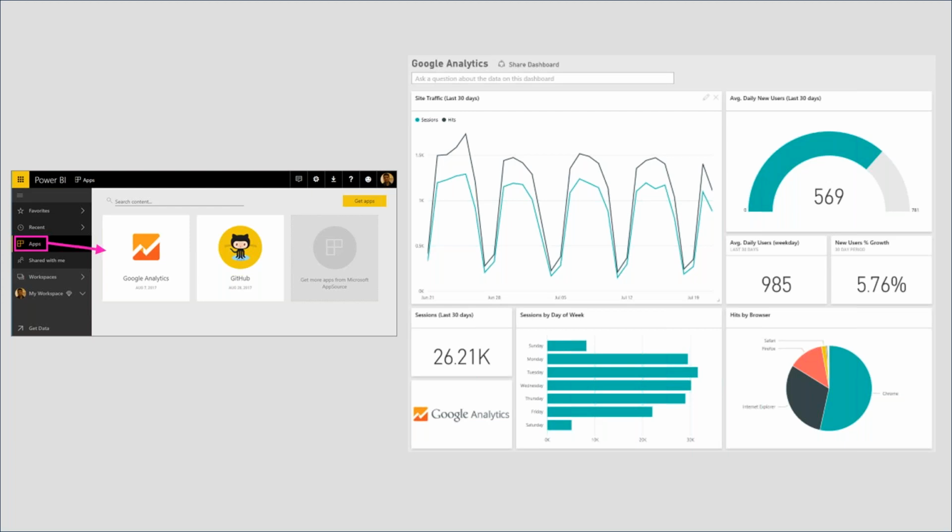New daily users, some of those other pieces, but think of these as jumping off points. So you have these scenarios available to you out of the box. The data connectors exist so that you don't have to spend your time making those calls and connections, and then ultimately you can focus on the analysis, right?